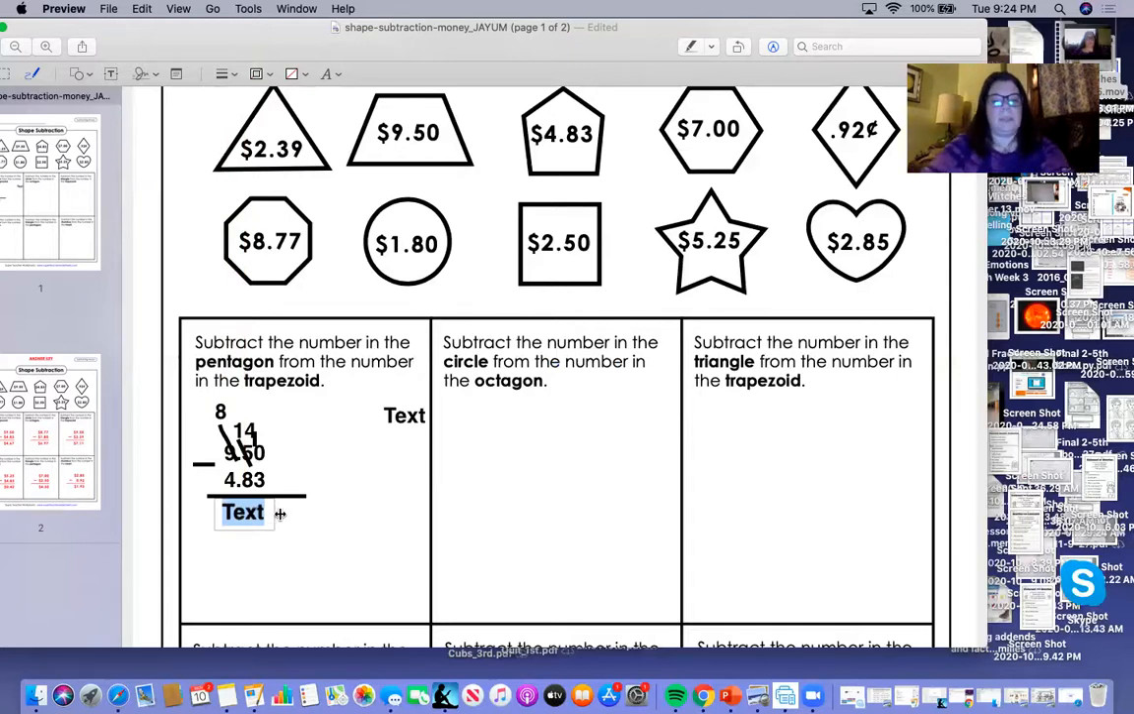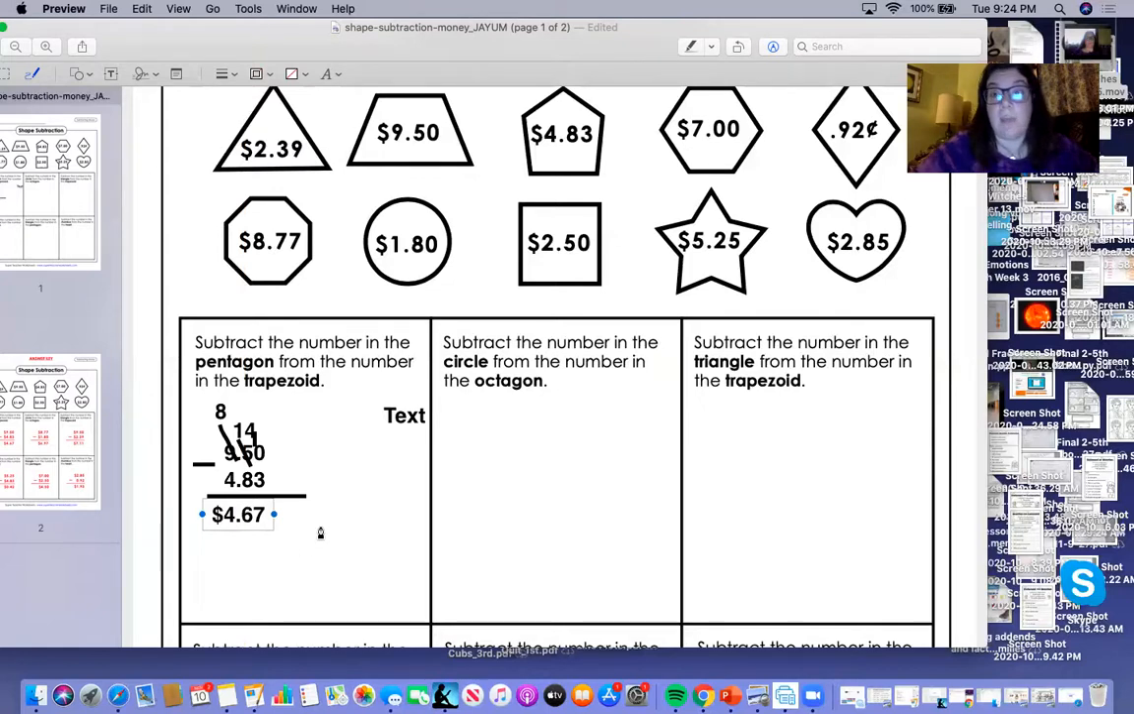10 minus 3 is 7. Go backwards. 14 minus 8 is 6. Decimal, make sure you drop your decimal. And then $8. $8 minus $4 is $4. So there we go. Our answer, $9.50 minus $4.83, is